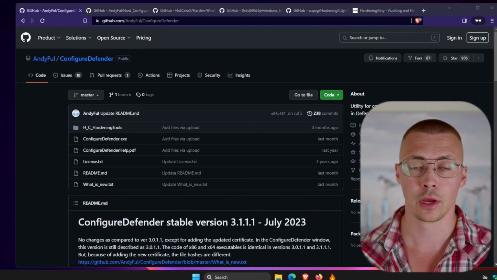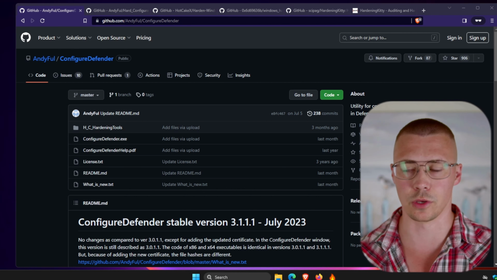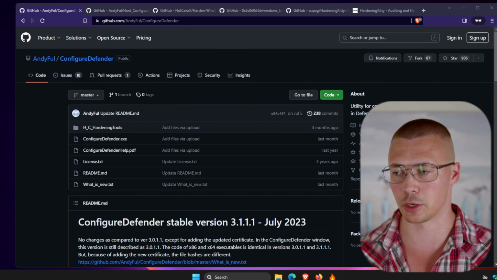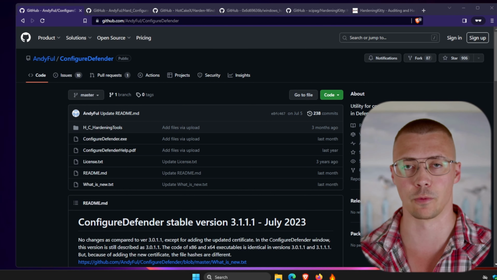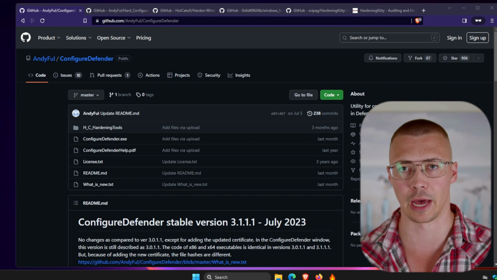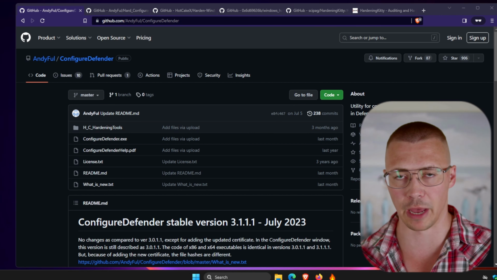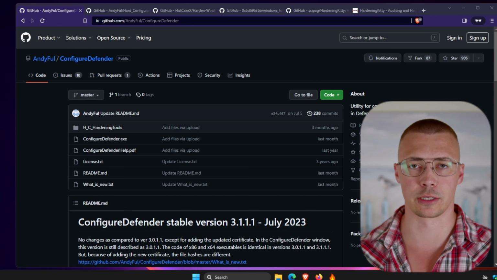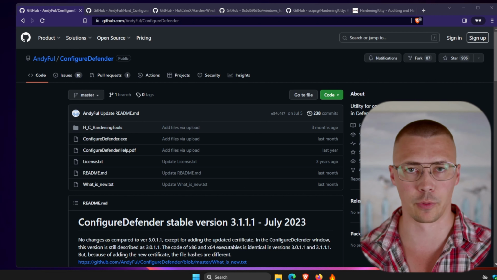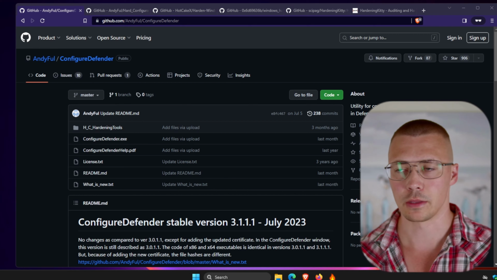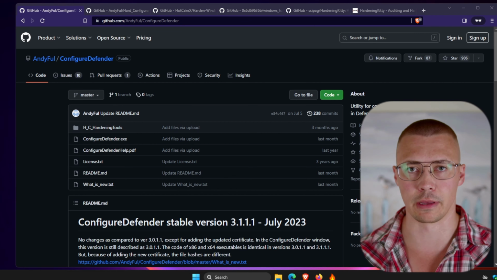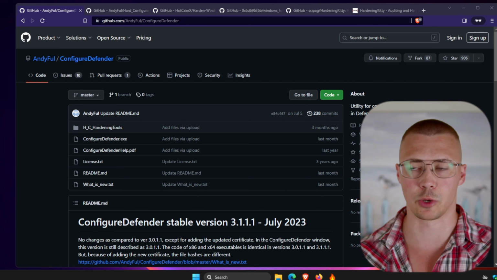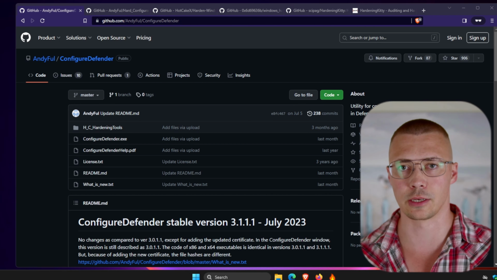A word of warning, when you do use this stuff, it's going to end up breaking some stuff, and I'm going to show you guys one tool in specific that works best for compatibility. It's easy to change stuff back if you're running into an issue. Every now and then you'll try and run some sort of legitimate app that there's nothing wrong with, but when you run one of these hardening scripts or tools, it will basically